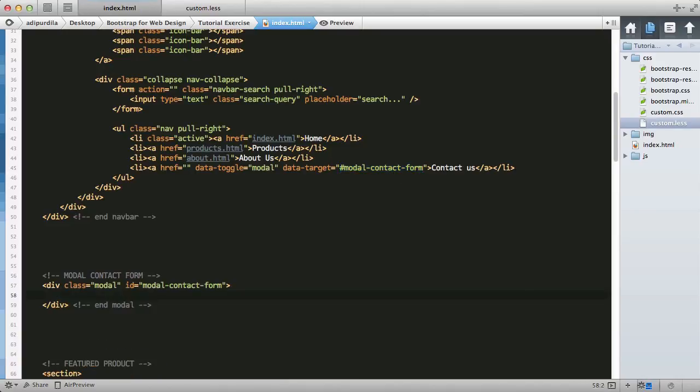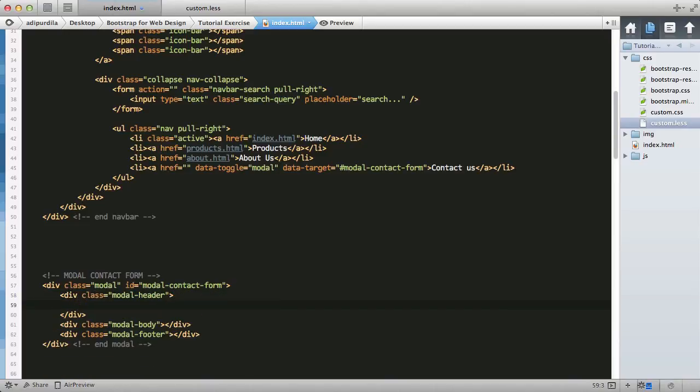Okay, now each modal window has three major components: the header, the body, and the footer. So let's do that. Div modal header plus div modal body plus div modal footer. Okay, the header will contain the title, which is an H3. So let's say contact us, and also a close button